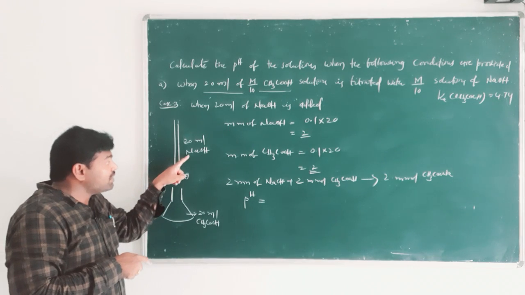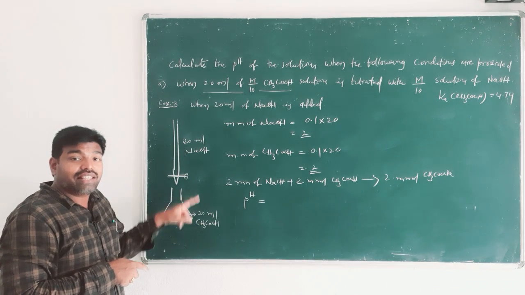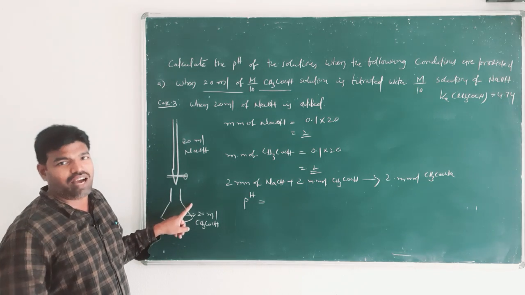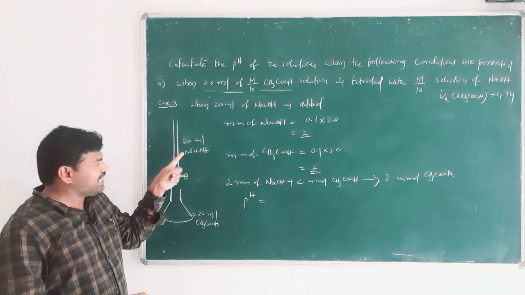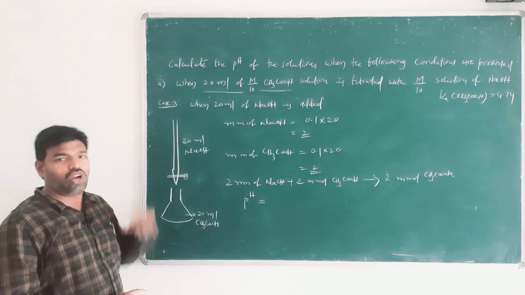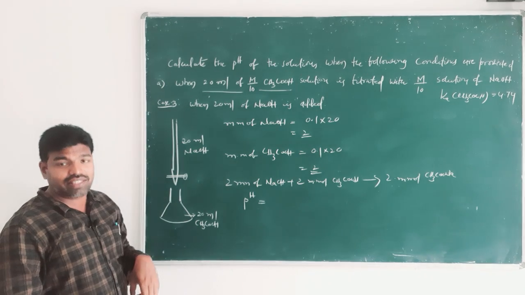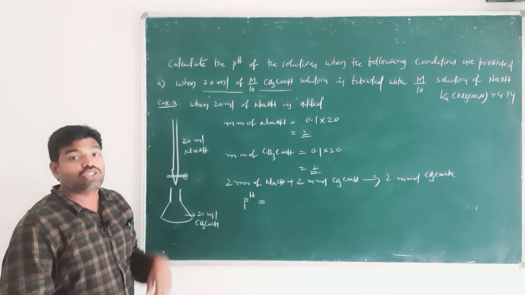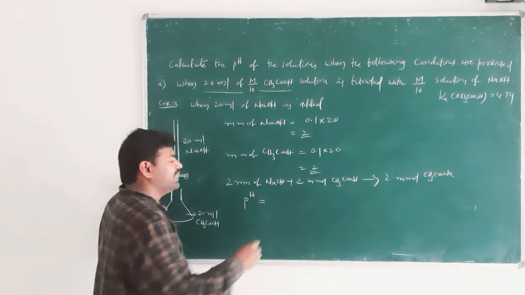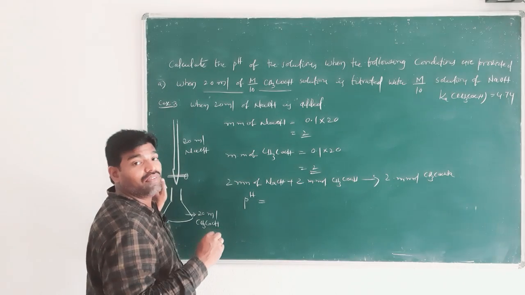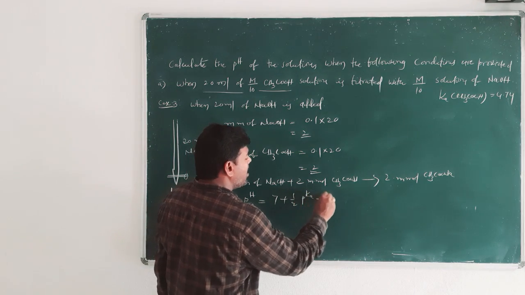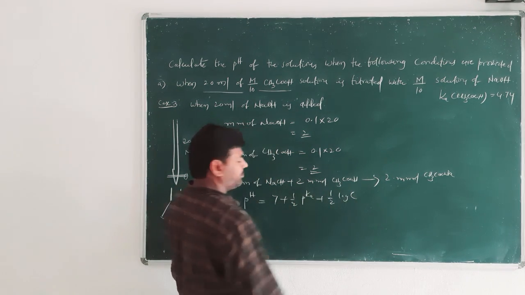So, in the combination of strong base and weak acid, the nature of the resulting solution is ascribed to whichever is strong. In this combination, sodium hydroxide is strong, the base is strong. So, that strongness is ascribed to the resulting solution. So, the resulting solution pH is more than 7. So, when pH is more than 7, then the formula for calculating the pH is 7 plus 1 by 2 pKa plus 1 by 2 log C, where